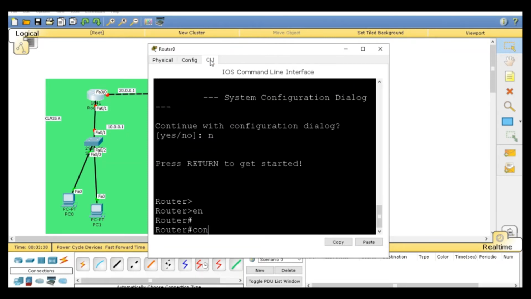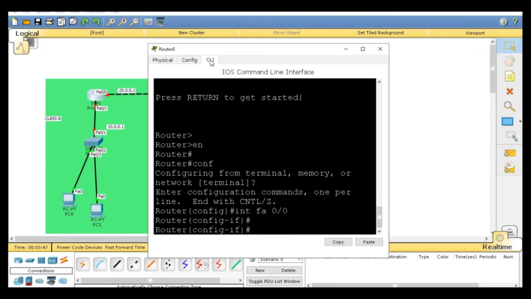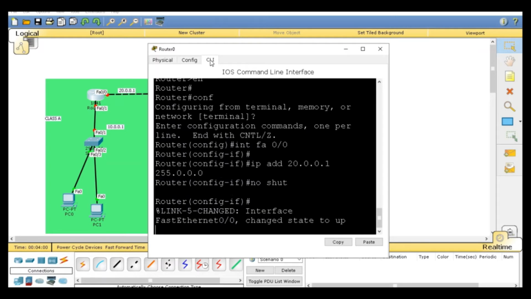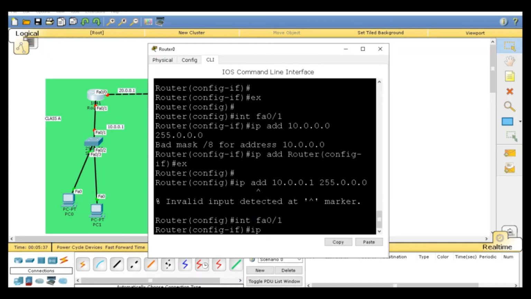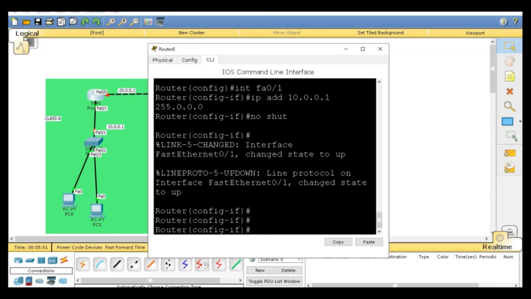Enable, configure terminal, interface FA0/0, enter. IP address 20.0.0.1 255.0.0.0, no shut. Okay. So interface FA0/1, okay, IP address 10.0.0.1 subnet, okay, no shut, okay, and I will give IP address to all the computers,